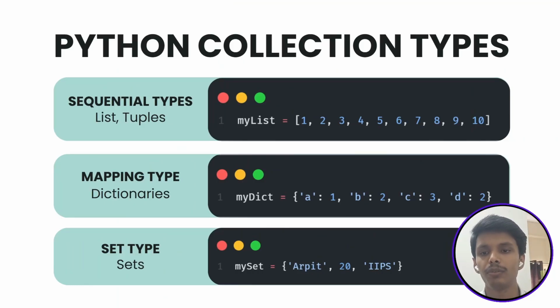Slide 3. Python provides several built-in data structures to work with collections of data. Lists are ordered and mutable. That means you can change them after creation. Tuples are also ordered but immutable. Once created, they cannot be modified. Dictionaries represent mappings. They store key value pairs and allow fast lookups. Sets are unordered collections that store only unique elements. In this presentation, we'll focus specifically on dictionaries, which map unique keys to values, and sets, which are unique collections of individual elements.